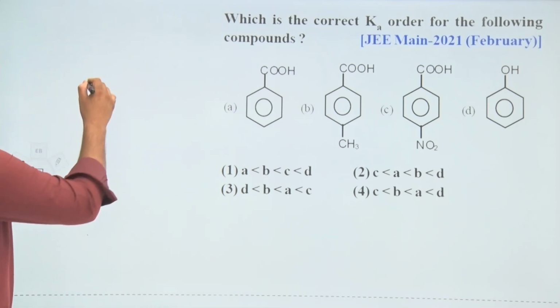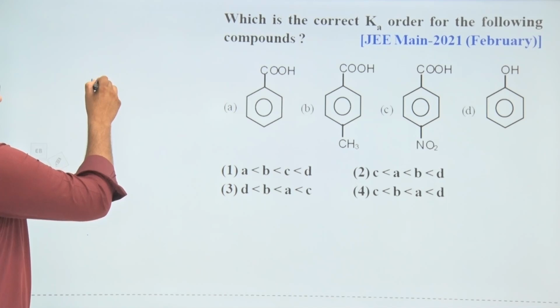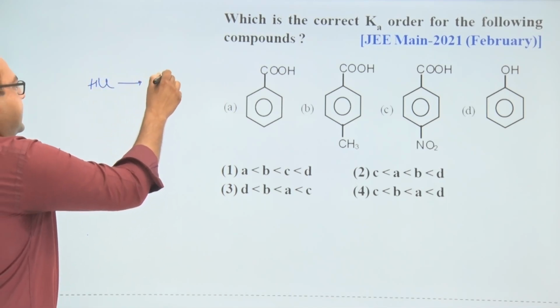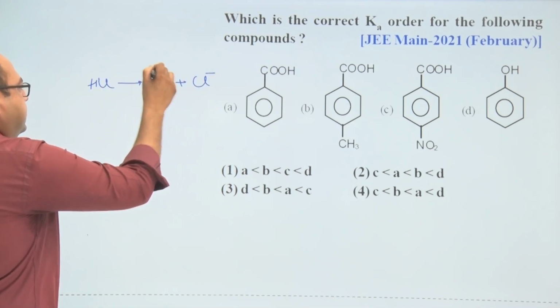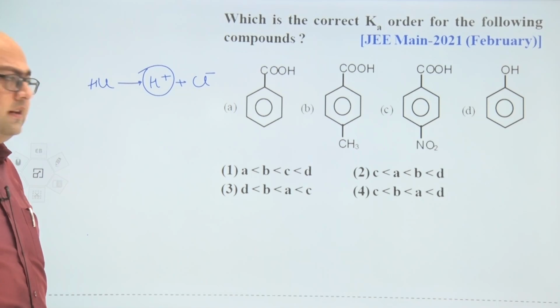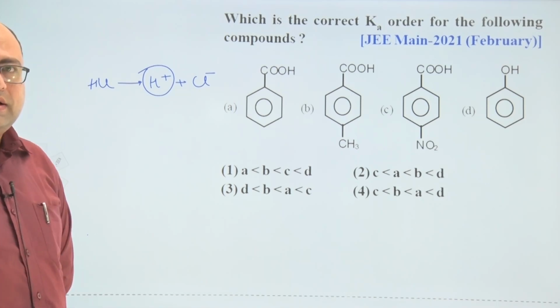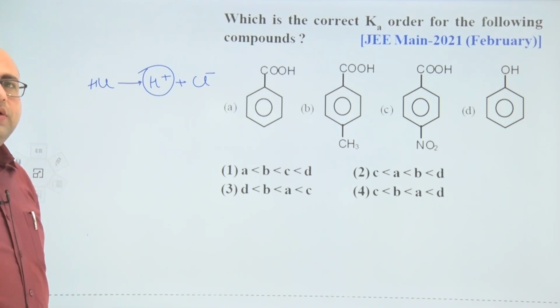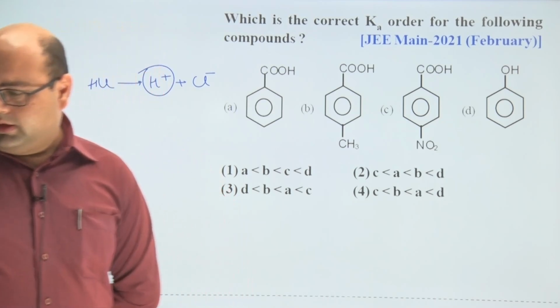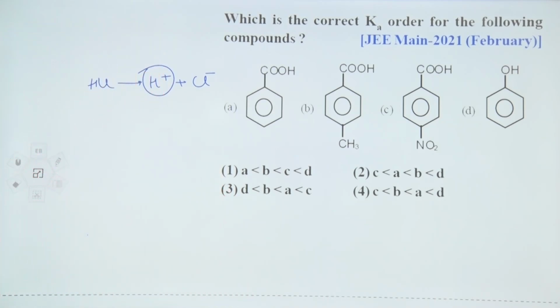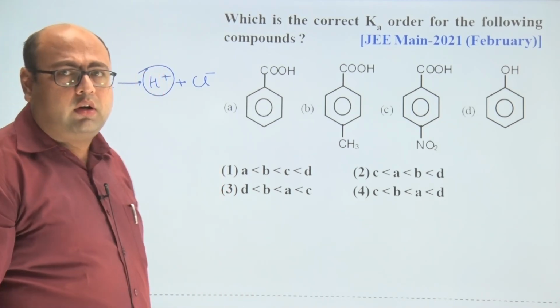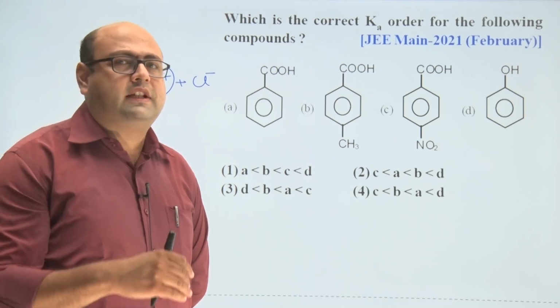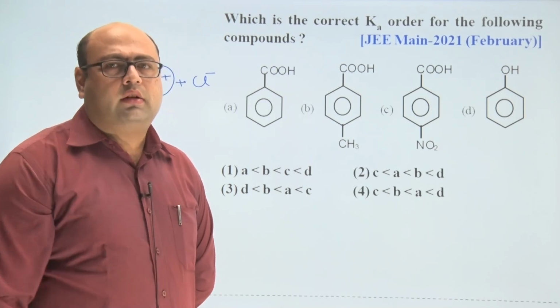So what are acids? Acids are proton donors. For example, HCl, you are saying it is an acid. It is giving H plus ion and the chloride ion. So it is giving H plus ion easily. That means it is a strong acid. So H plus ion donors are the acids. In organic chemistry, the strength of acid depends on the ion which is formed after the donation of the H